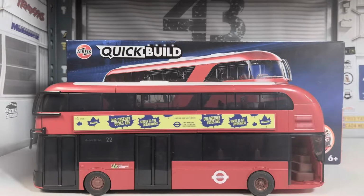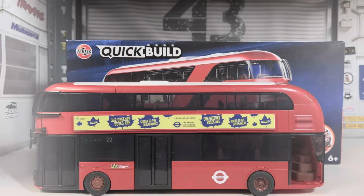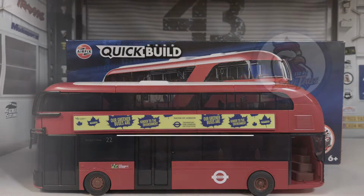Make buses. You make models of buses? I make models of buses. See, they're going to be in Downing Street. So